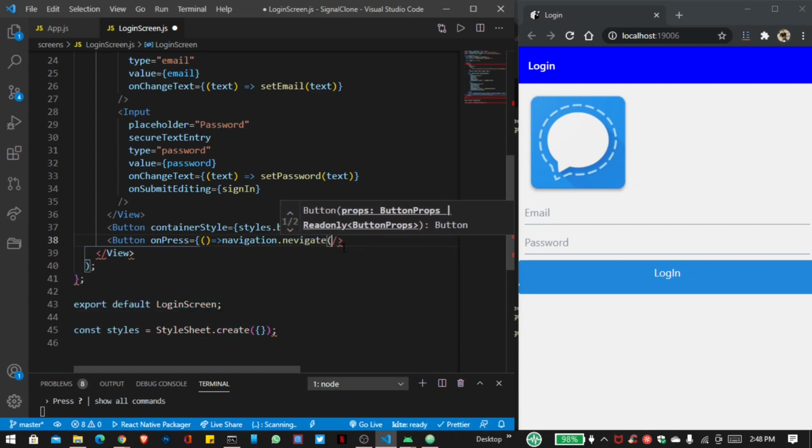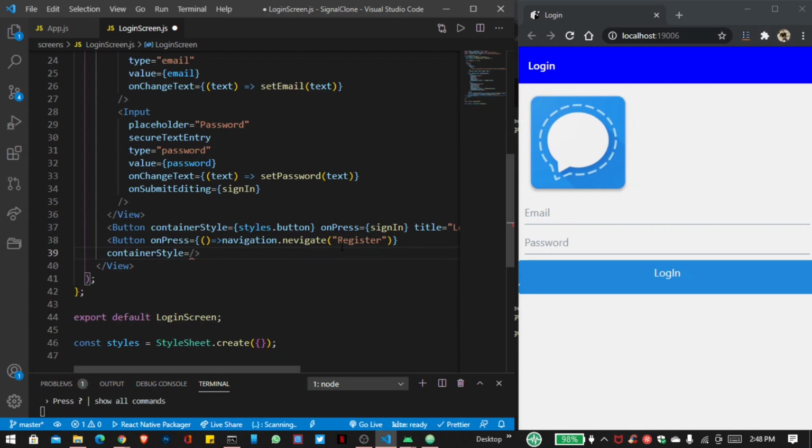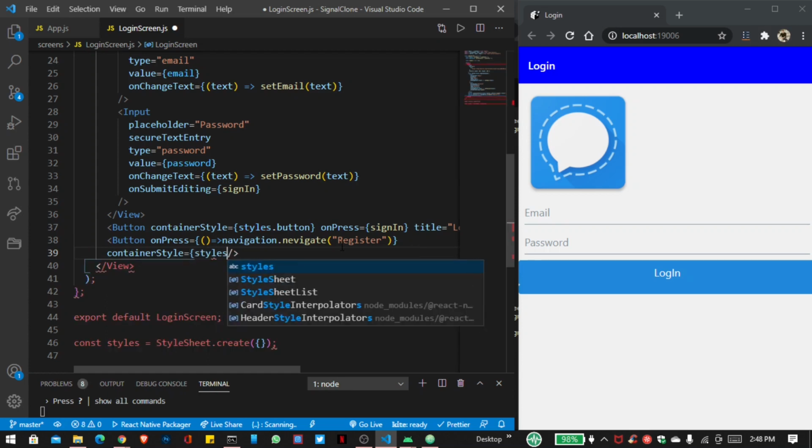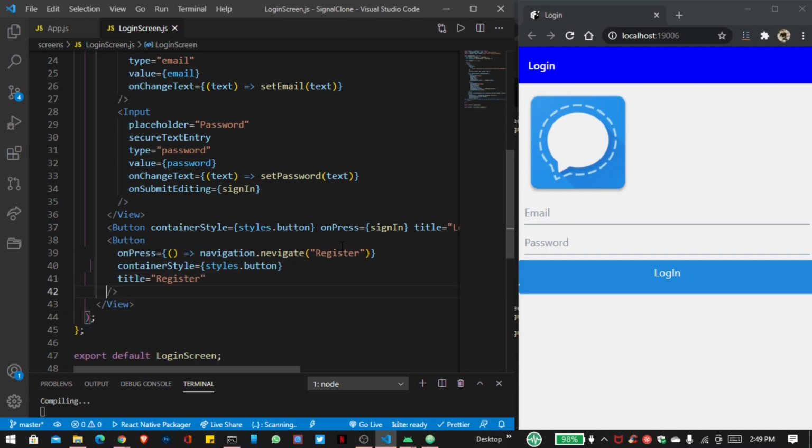So user will navigate to our second screen that we created later, that is register, and the class name for this button is also like our login screen, so styles.button, and title is register. So now save the file,